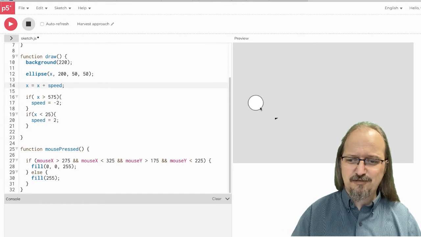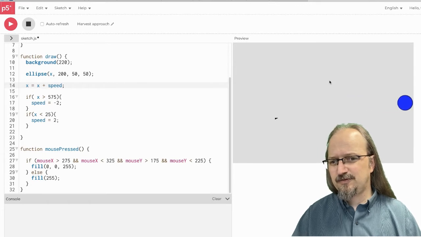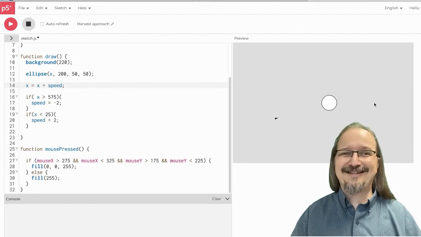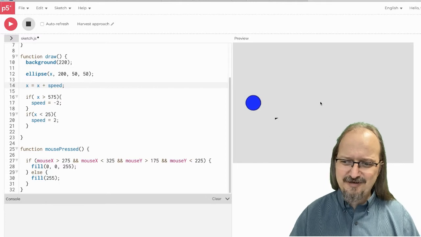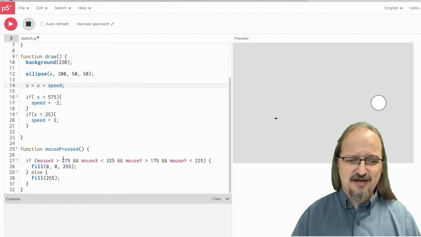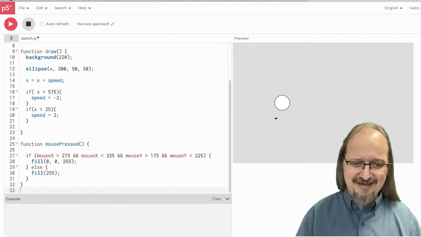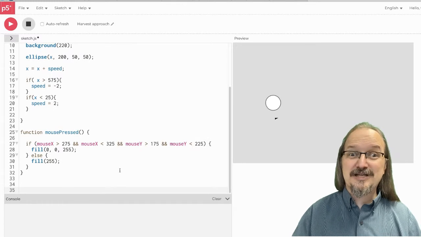How come it's not turning blue? How come it's not turning, wait, it turned blue. Wait, I clicked it there and it turned white. Well, right now it's still checking whether I'm clicking the center of the screen, because that's what our code down here does. It says if you click on the center of the screen,